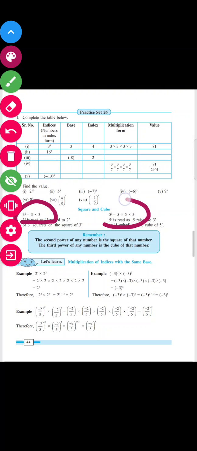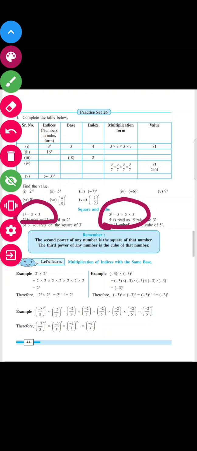One more example. Let's consider a cube. 5 cube. So number 5 is multiplied 3 times. In the case of square, it is multiplied 2 times, and in the case of cube, it is multiplied 3 times. So cube of 5 is 5 multiplied by 5 multiplied by 5. 5 5s are 25, 25 5s are 125. So the answer of 5 cube is 125.